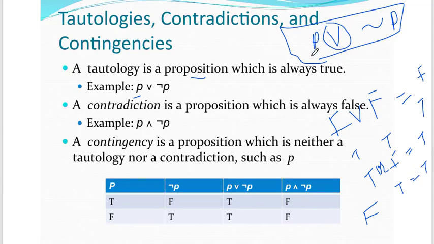Here you can see p and negation p. Let's assume p is true, so negation p will become false, and the whole statement will become true. Why? Because one statement is true. Let's say p is the false statement, so its negation will become true. So if we put p and negation p with an OR, then this compound statement will always be true, because